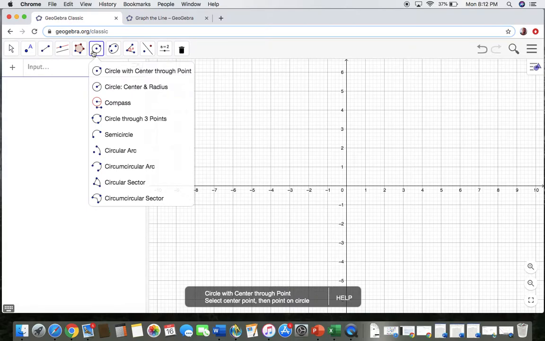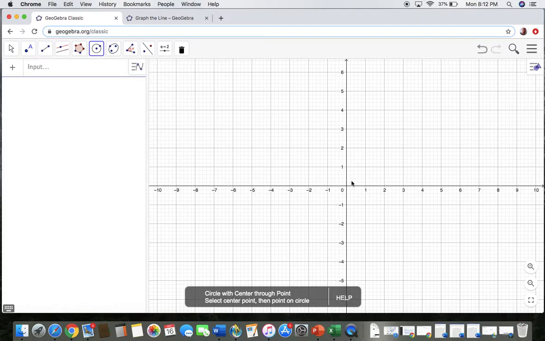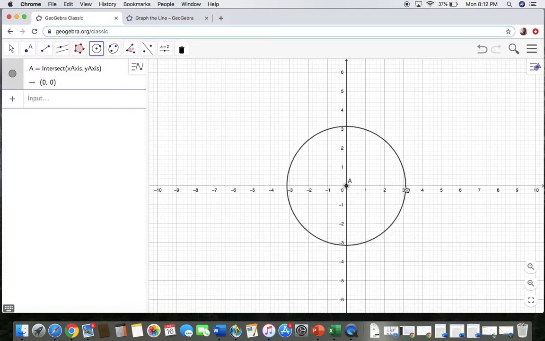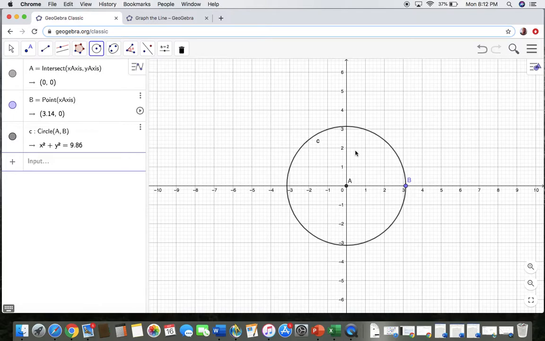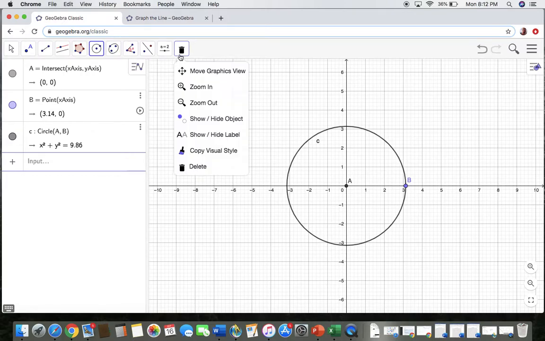This circle function, you can create a couple different types of circles. You can create a circle through a point. You would drag until the size you want it to be, and then you drop it. This also gives you the equation of that circle with the radius as well, the radius measure. So from here, I'm going to go ahead and delete that because we're going to create